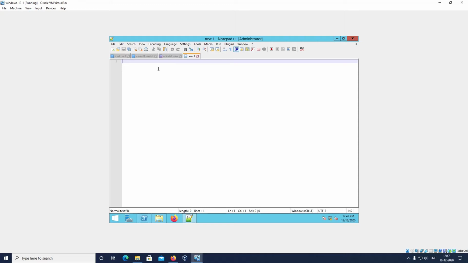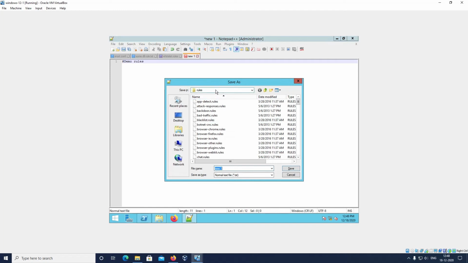In this we can write anything we want, which means we can give some alert type of rules. Suppose we want to detect a ping alert, so we will write a rule for that. We will see it further. Here we will give it as demo rules, and we will save it. You have to save it in our snort rules folder with the name demo.rules.